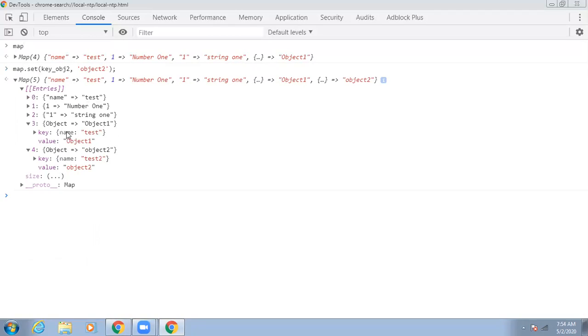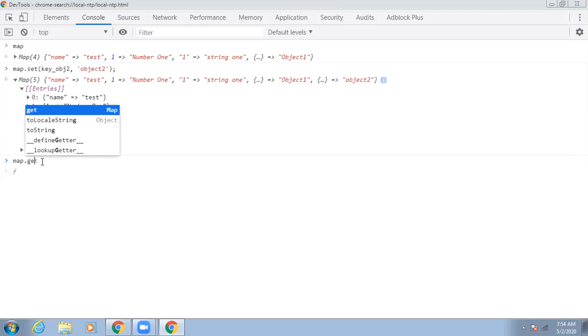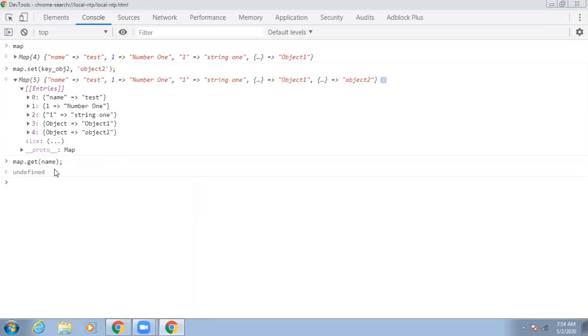This is name test2 and this is name test. So when you're trying to access it, let's say if I want to get the value, map dot get of name, it is undefined because you have stored it as a string value, right? So you have to pass it as a string, which means that you'll be getting test, right?